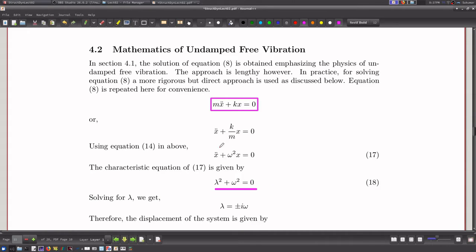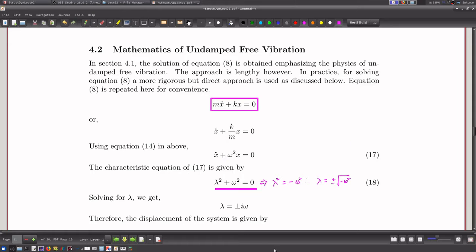and therefore from here I get lambda square is minus omega square, and therefore my lambda is plus minus root over minus omega square. I know that square root of minus 1 is I, the imaginary number, therefore I get lambda equal to plus minus I omega. Alright,